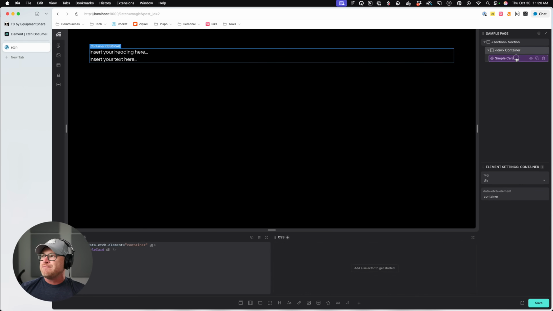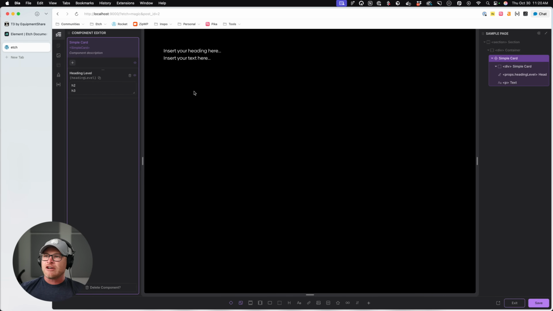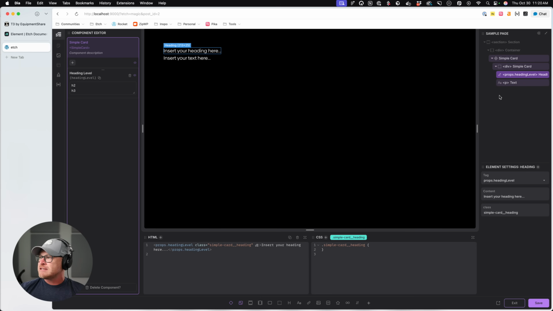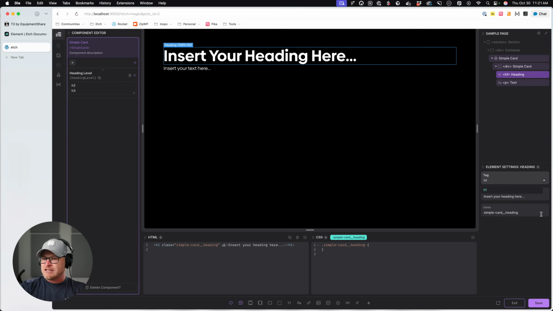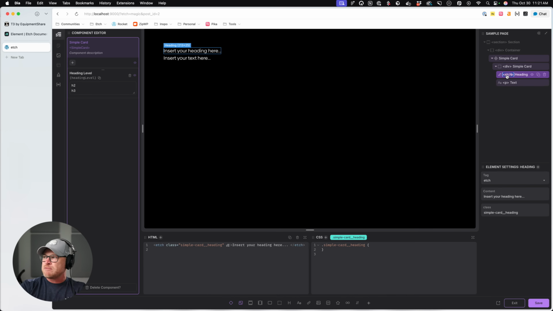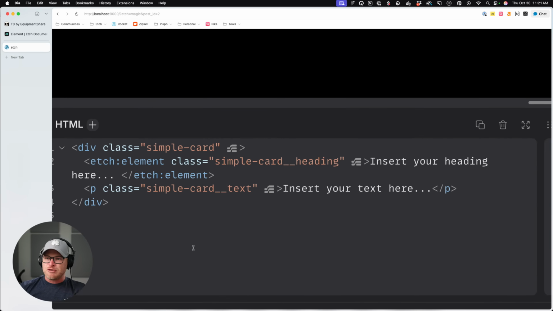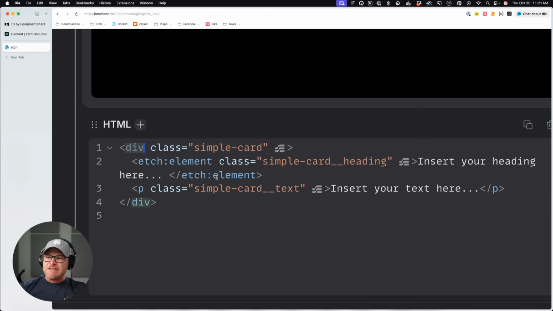Not to mention that when you are looking at code, you're trying to look at your code. Did I put it? Let's see. Props.heading level. Okay, tag. Okay, hold on. We've got to switch it back to the etch element. This is what you would essentially be looking at. Let me try to zoom in here. And you wouldn't even see div here, I don't think, if you were trying to use this everywhere.